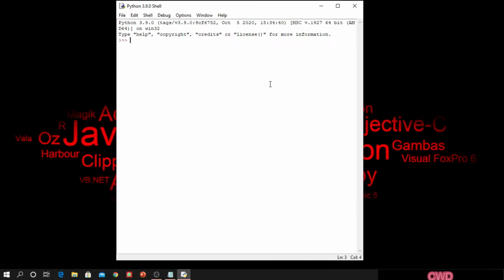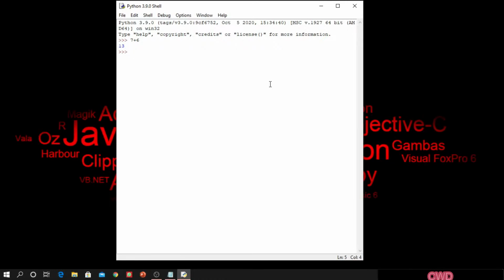Okay, now let's try to write some code. We can do addition, so let's add some numbers. 7 plus 6. Okay, it is giving me the output. So it has converted my source code to machine code, and my computer has processed these values and is giving me the output.